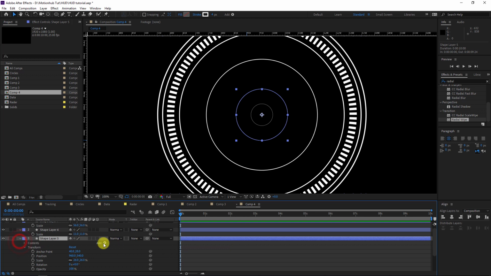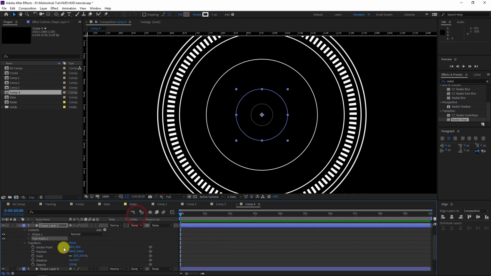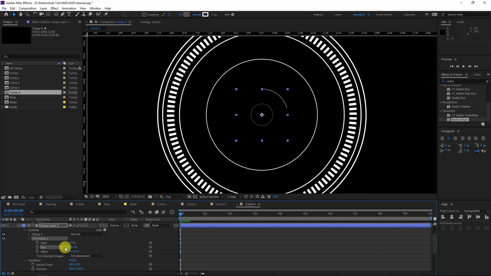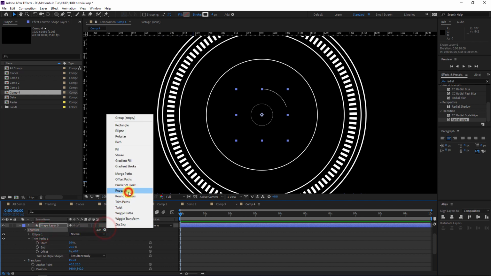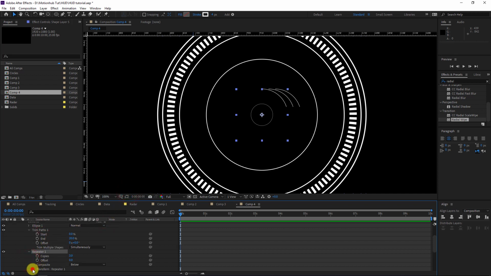Okay, and then I will add a trim path, and I will set it. Let's remove the toggle mask to see the effect better, and I will set it to something like 20. Again, I will add a repeater, and open the repeater, set the position to 0, and set the rotation to 90. Again, we need to adjust the anchor point,